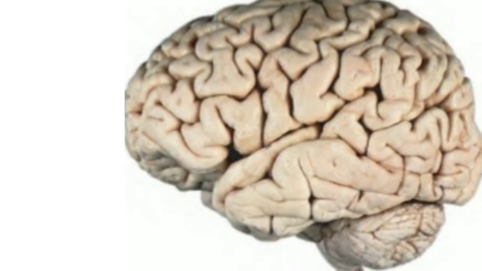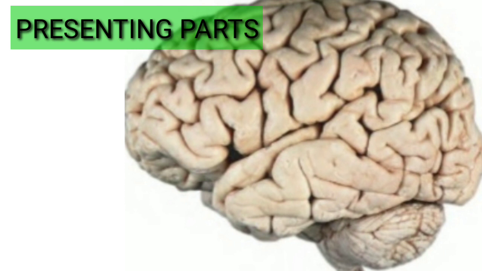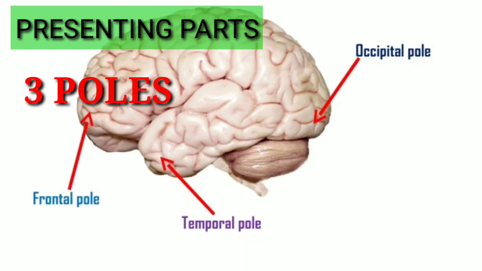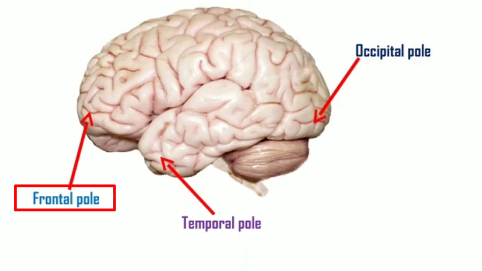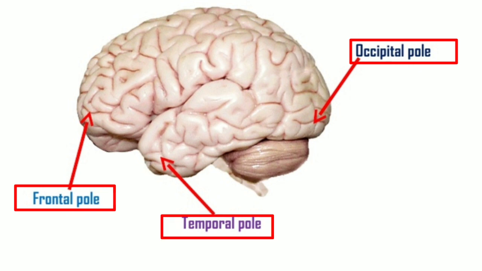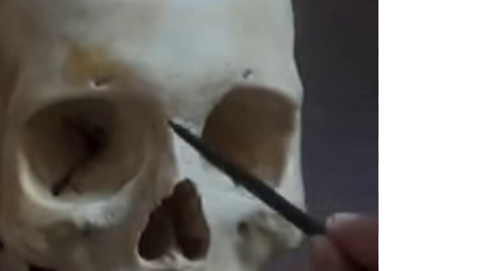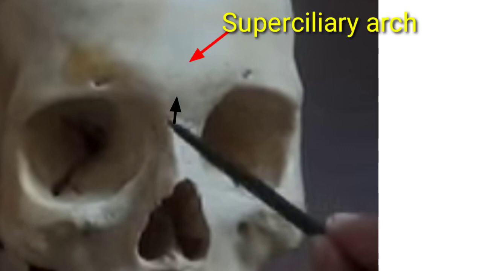Next, let us see the external features of the cerebral hemisphere. The cerebral hemisphere has three poles, three surfaces, and three borders. What are the three poles? Frontal pole, occipital pole, and temporal pole. First, we see the frontal pole. The frontal pole is the pointed anterior extremity of the cerebral hemisphere. A point at the junction of the root of the nose and the medial end of the superciliary arch indicates its position